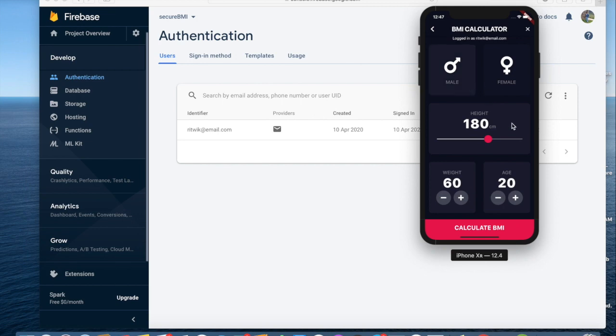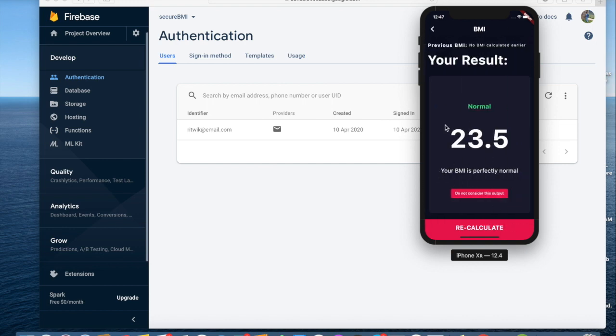For the BMI app, I can click my gender, adjust my height, my weight, my age, then I can calculate my BMI, and it shall give me a result. We shall also notice that it says no BMI calculated earlier, which means I have not used this app before. I'm a new user and I have no previous data, and the new data that I've generated is this value over here, which also is a normal BMI, and it also gives me a description and also an option to